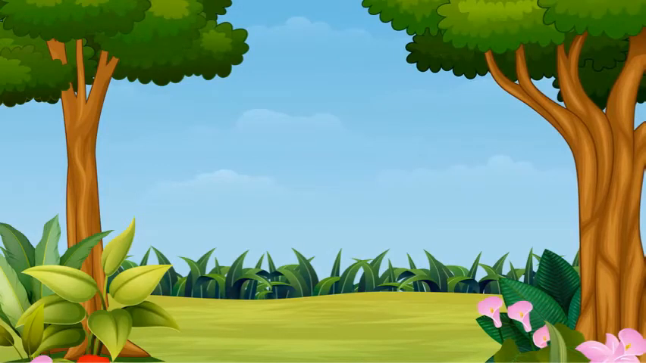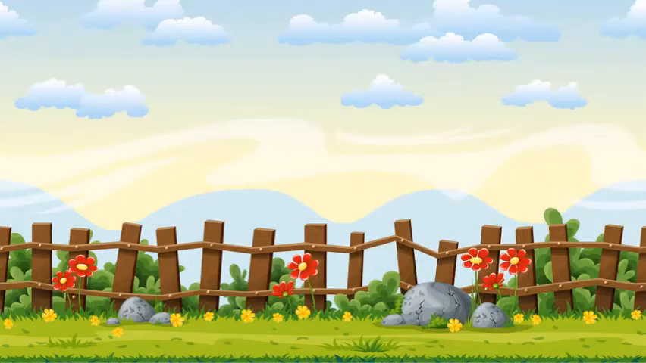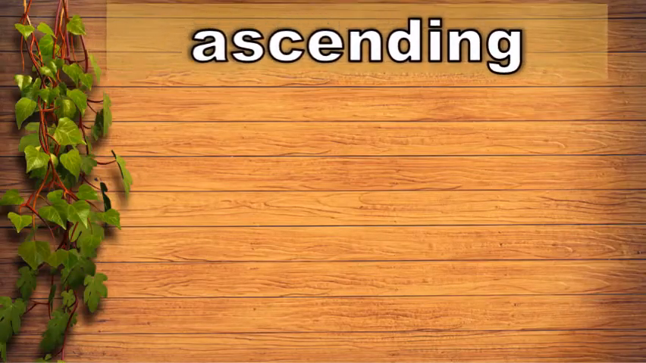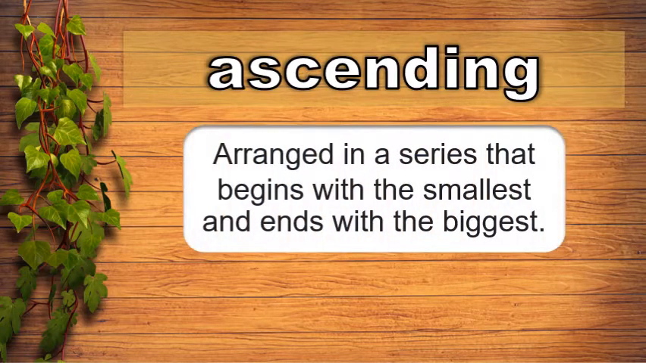Now that we have learned how to use the signs in comparing numbers, let's move on to our next lesson. Our lesson is about arranging numbers. We can arrange group of numbers in ascending and descending order. Ascending. When you say ascending, it is arranged in a series that begins with the smallest and ends with the biggest number. For example,